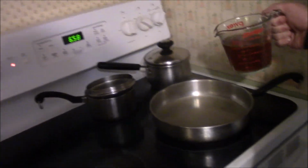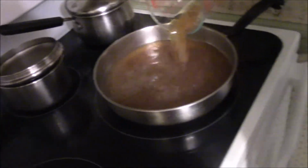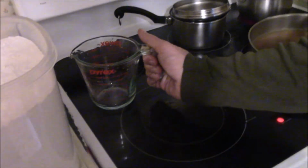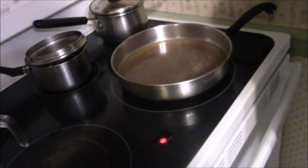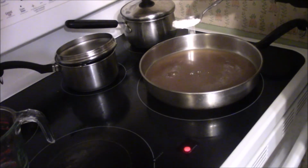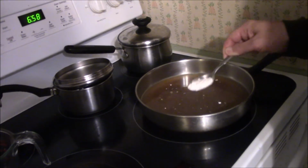Now we have a cup full of pan drippings, and we will pour this in with the chicken stock. We've skimmed off most of the fat. Fatty gravy is not really very good, but now we've got that, and now we need to thicken it. And to do that, you simply take some flour, and what I do, I don't have a flour sifter, but I've been doing this by hand for a while. I just sort of gently sift it from the spoon onto the top of the hot liquid,